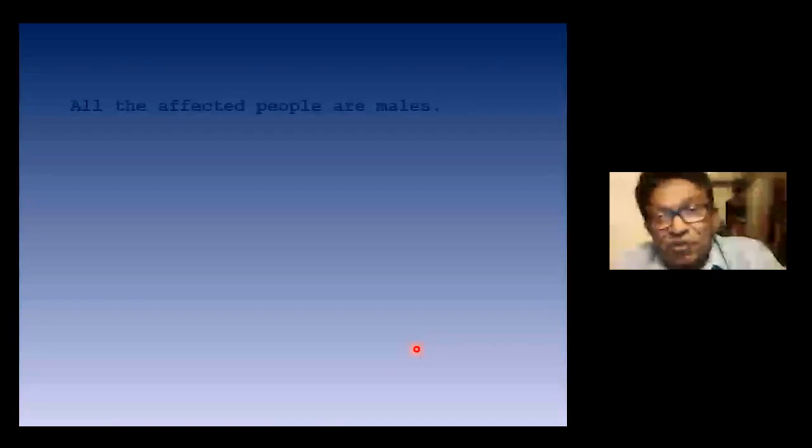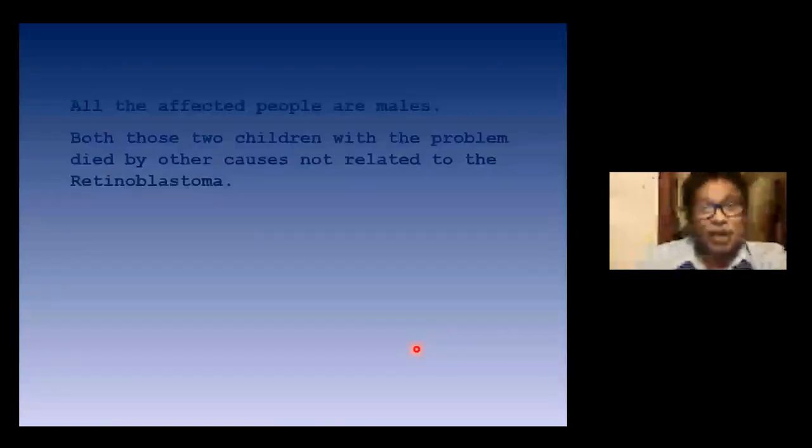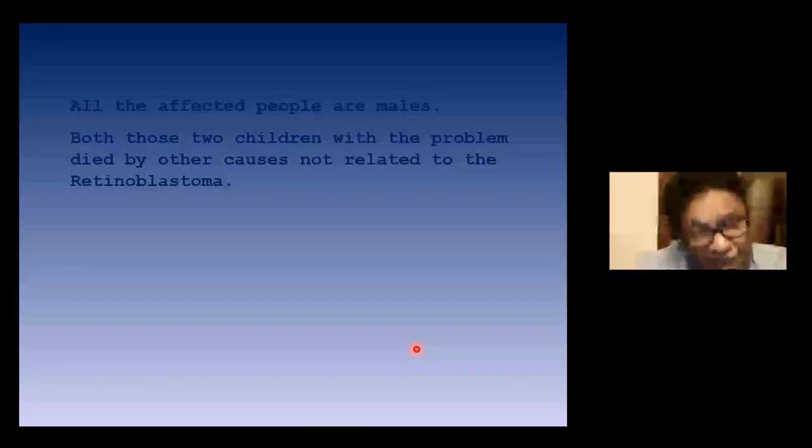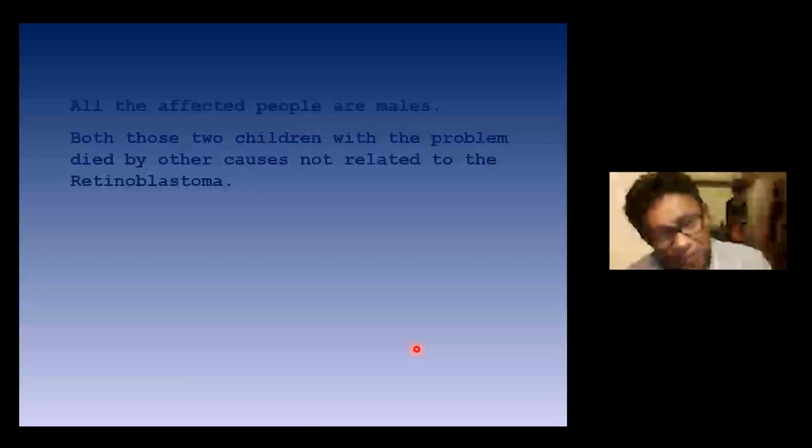Both those children had the problem, if you ask very carefully, but they actually died from some other reasons. One child died of severe gastroenteritis, the other child died of a different cause. So none of the other 2 kids died of retinoblastoma. True that they had it, but the history had not been taken properly. Those 2 kids died of something else. And also,